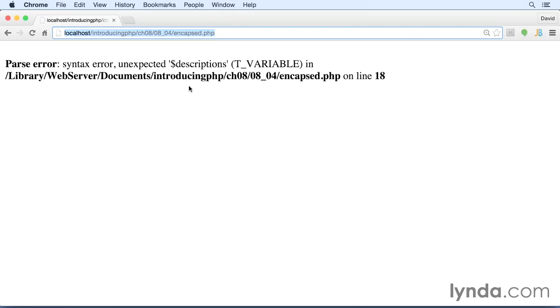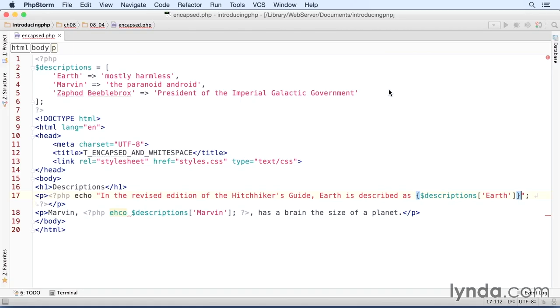parse error. This time it says unexpected 'descriptions' T_VARIABLE in that file on line 18. So that's the next line. PHP is capable of reporting only one error at a time, so it's a good idea to test your scripts as you build them rather than waiting right till the end and then maybe having to work through dozens of lines to eliminate errors. So let's go back to the editing program, and here is line 18,